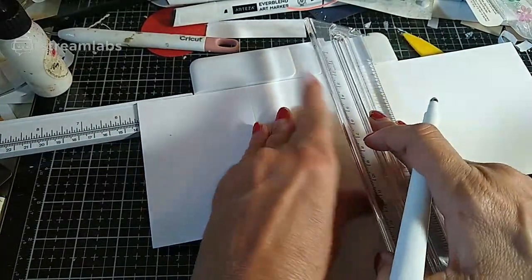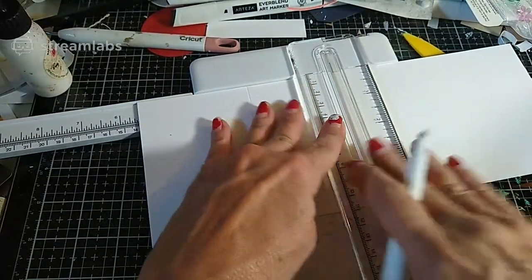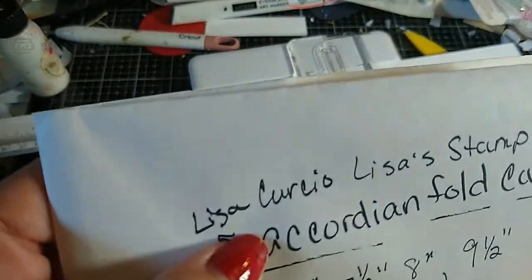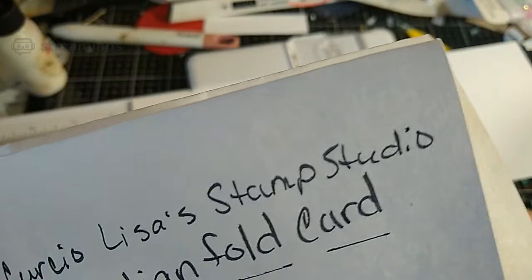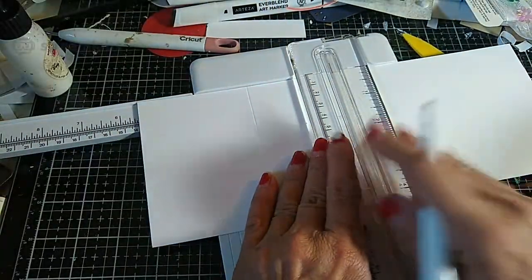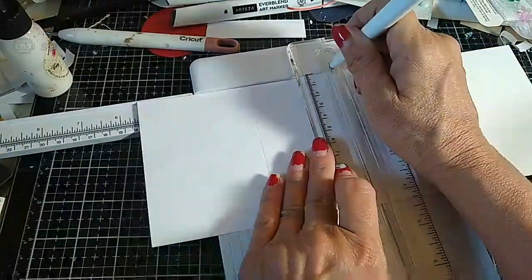This is a Stampin' Up file they have also. This is one of their classes that they're doing, I guess. Lisa Curcio, Lisa Stamp Studio. She's the creator I'm casing right now. She did some really pretty sunflowers, but...